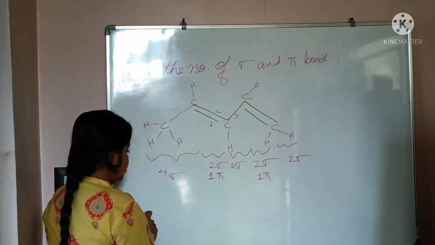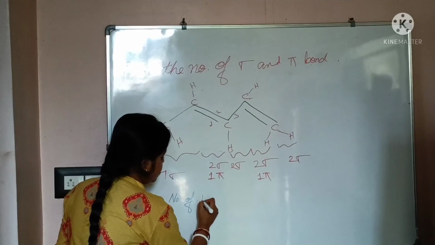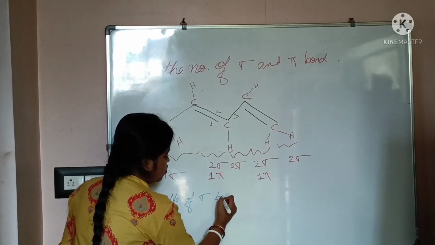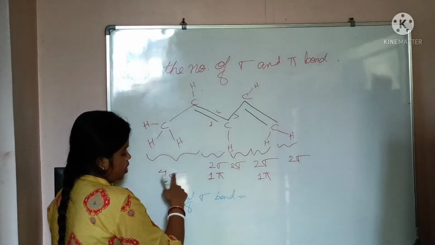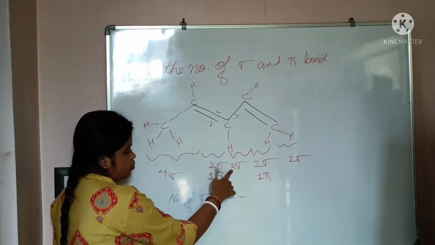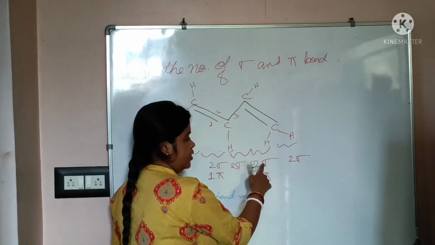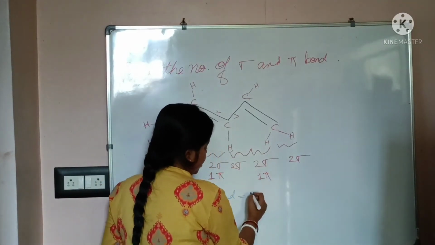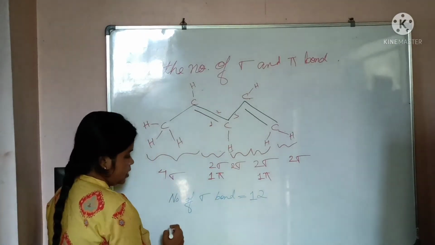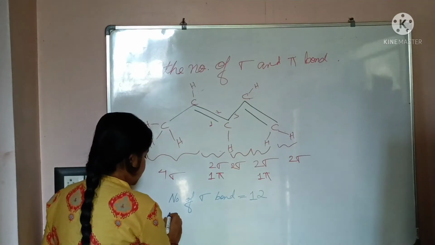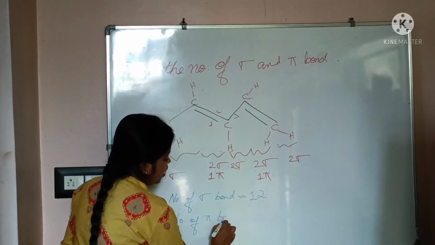So we can write here: number of sigma bonds is equal to 4 plus 2, 6, plus 2, 8, plus 2, 10, plus 2, 12. So 12 is the number of sigma bonds, and the number of pi bonds